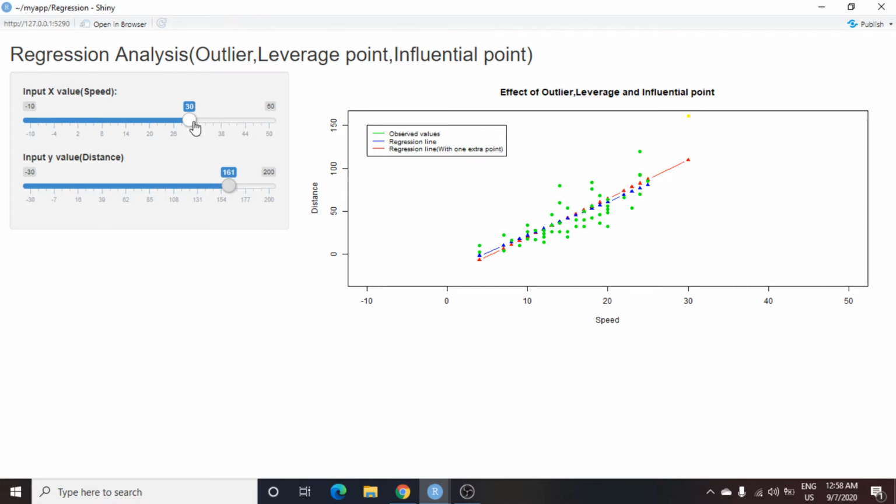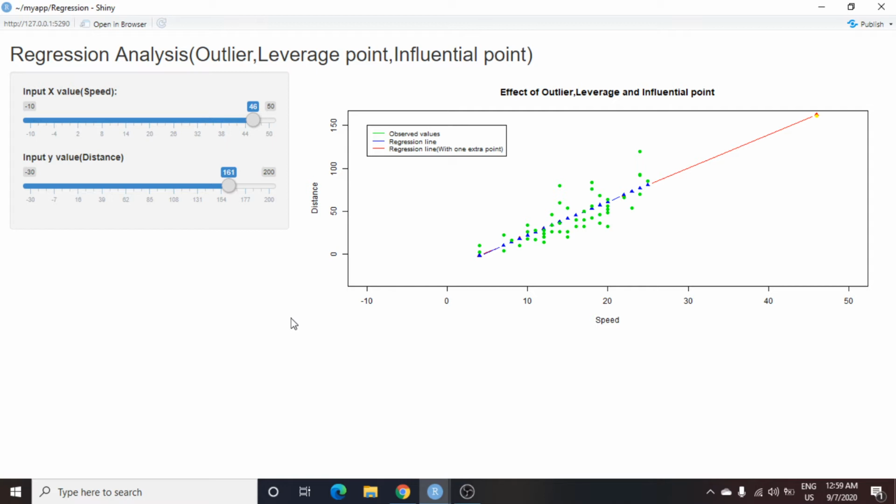Let's see, sorry, I have made this value 45. So this data point's x value is 45, and we can see for the rest of the observations the values lie between 5 and 25. Only this data point's x value is 45, so we can call it a leverage point. Okay.